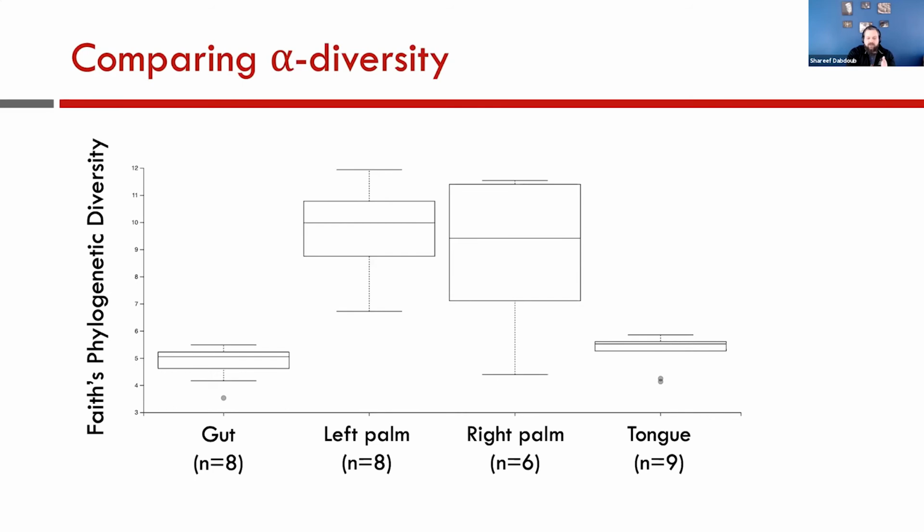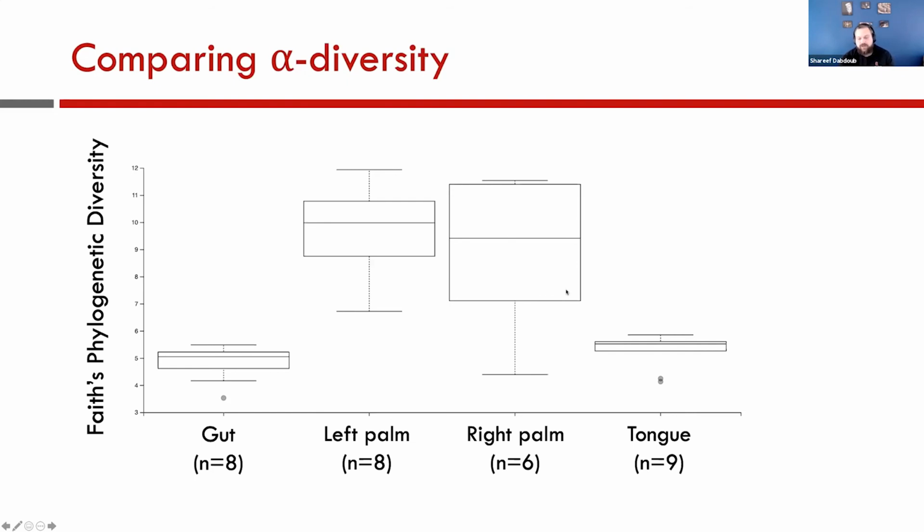So as I said, since alpha diversity just generates a single number per sample, we can do standard univariate statistics and descriptors. So just here we have, I'm completely blanking here, box plots. So we can see right off the bat, and this is for a different data set, this is the moving pictures data set of humans that compares gut to hand to tongue samples. And so we can see right away that the gut samples have much lower diversity than the hand samples. And the tongue is sort of in between the gut and the palm samples